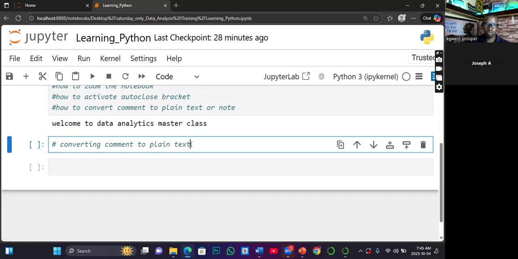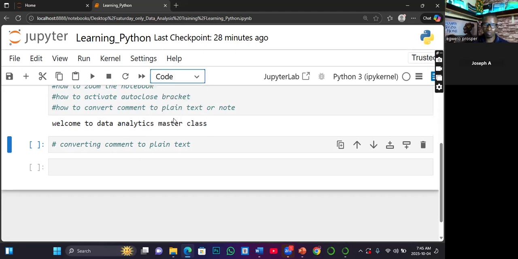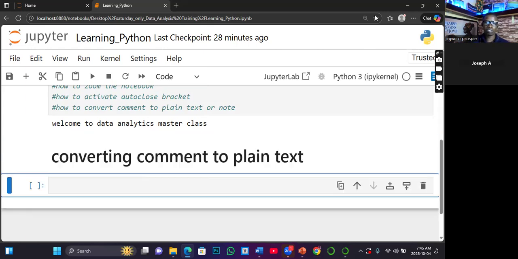Then you should be inside that cell, and where you have code, click on this drop down, select Markdown. The text will change to blue color. Once you have it in this color, then you hold down the shift button on your keyboard and press enter two times. Did you understand this?